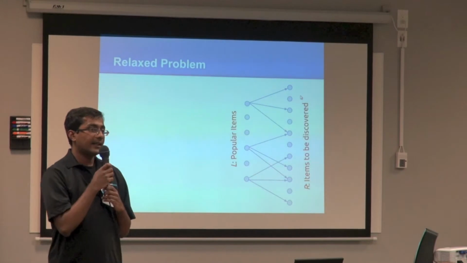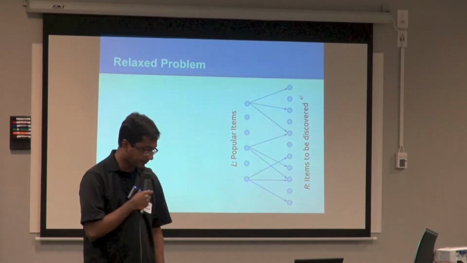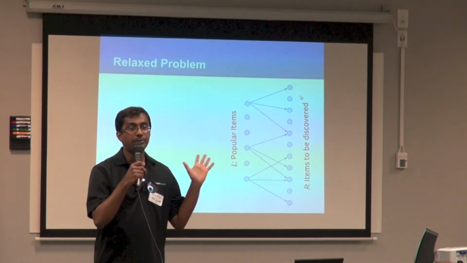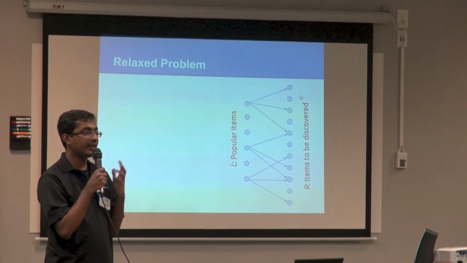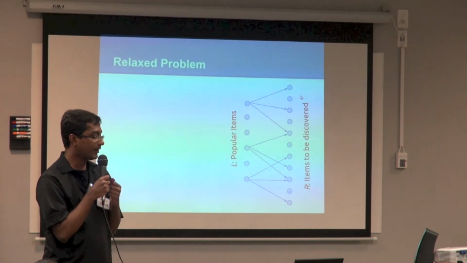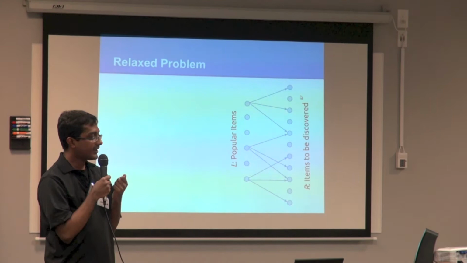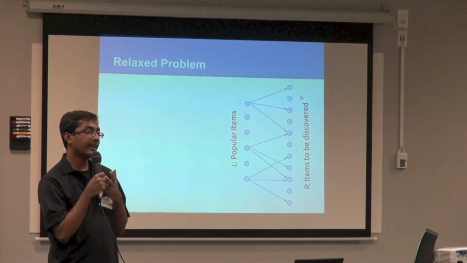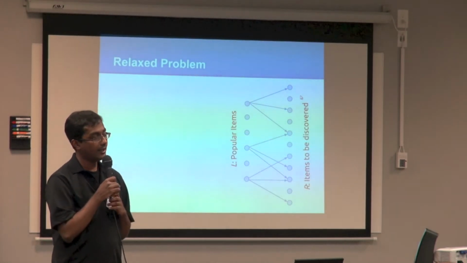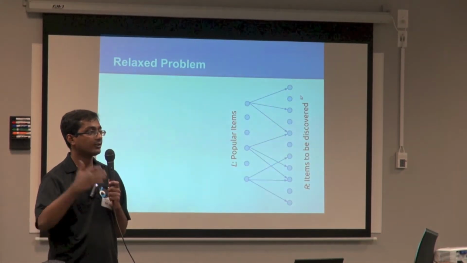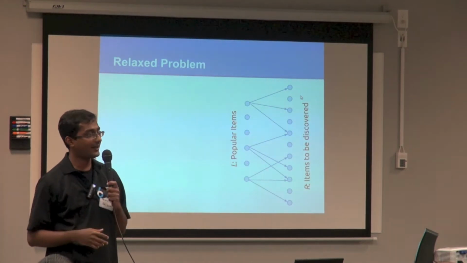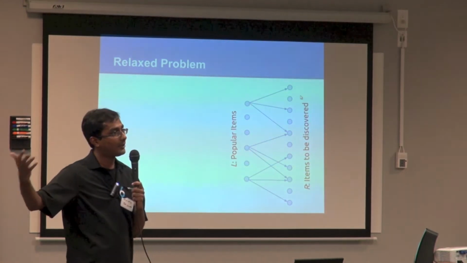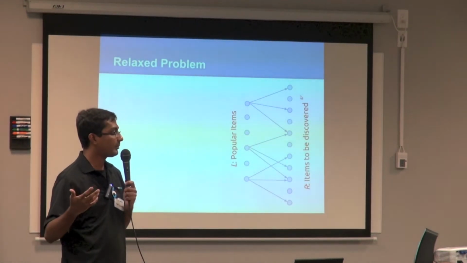So instead, we're going to look at a slightly relaxed version, which is a little bit of a generalization of the problem as well. Okay, so we're looking at a bipartite graph instead, where the left side is L and the right side is R. And the left side is basically the list of all the popular items you can think of. And the right side are the list of all the items that you want to get discovered, right? So in YouTube's case, the L could be all the top videos, like Gangnam Style videos on the L side. Nobody needs to discover it, everybody knows it. On the right side are things that you think people should find are interesting, you want to promote them somehow.